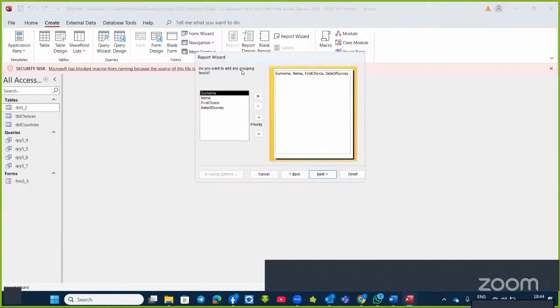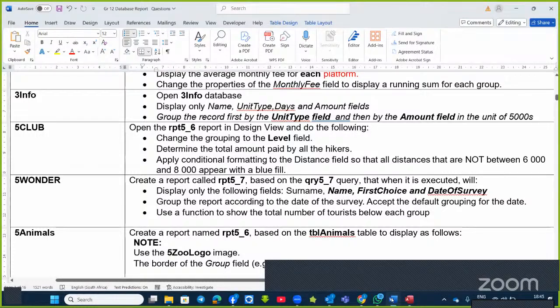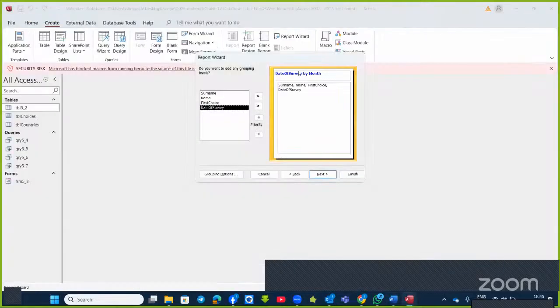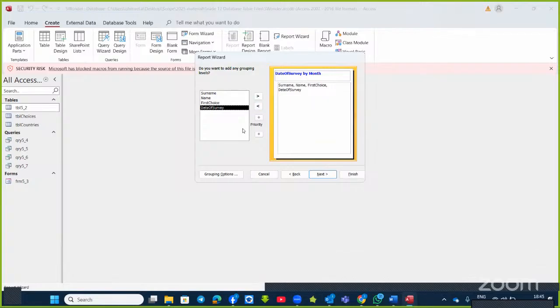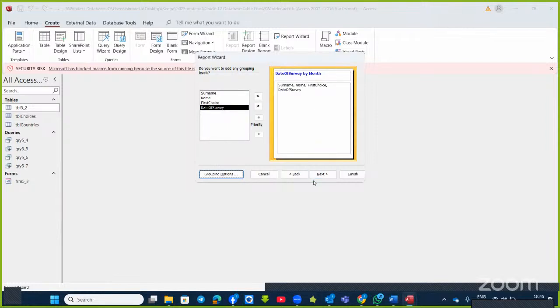Group, here it says, do you want to add any grouping? Yes. Date of the survey. We double click. Then the next one says, accept the default grouping for the date. So here, accept the default grouping for the date. So meaning the date default grouping option was by month. Now, sometimes the question will tell you to change it maybe to the year or quarter or week or day. So I wanted to show you how the grouping interval is like regarding the date. So here it says we must accept this. And then next,